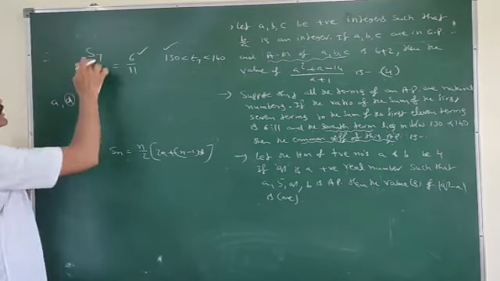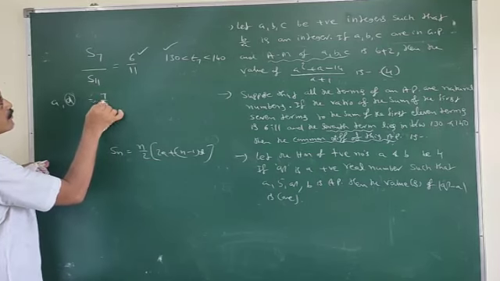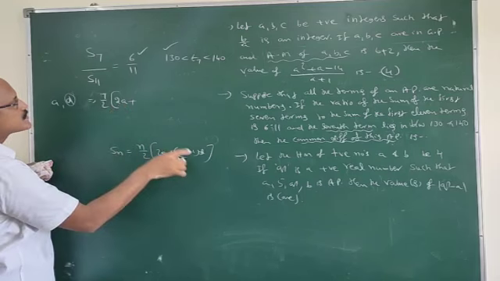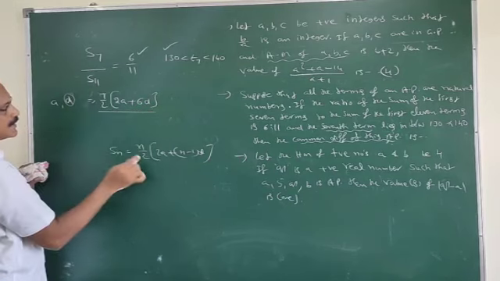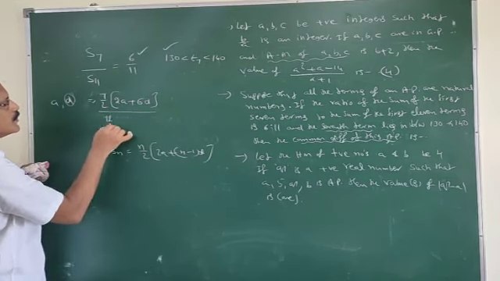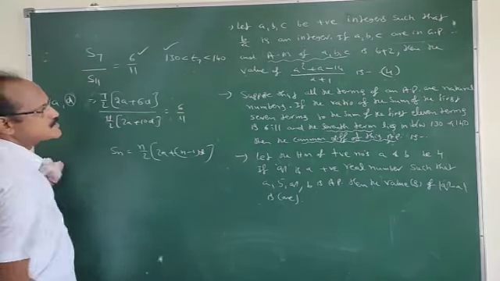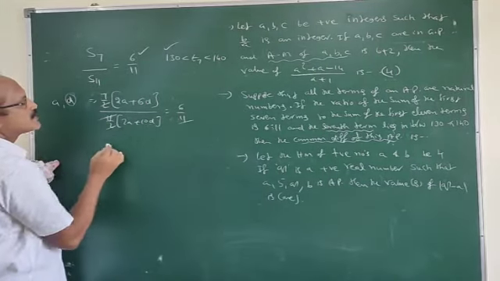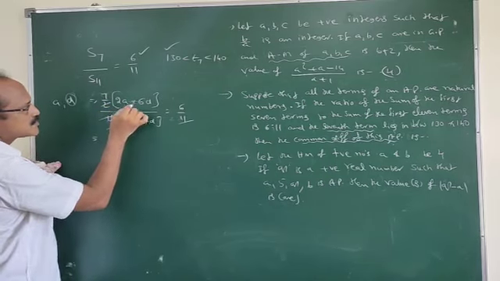So using this formula, S7 is given by n by 2, where n is here 7, so 7 by 2 of (2a plus (n minus 1) into d), with n as 7, that is 6d, divided by S11, that is 11 by 2 into (2a plus 10d). The ratio is given as 6/11, right? The 2 gets cancelled, 11 and 11 get cancelled, and multiples of 2 also get cancelled.